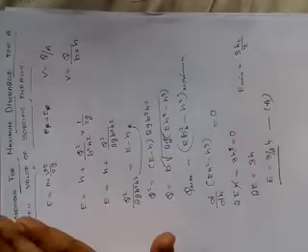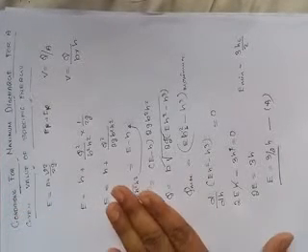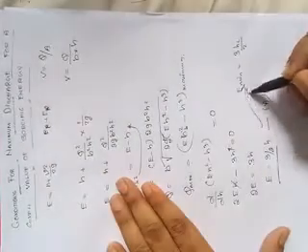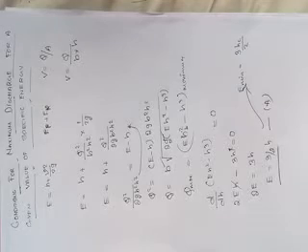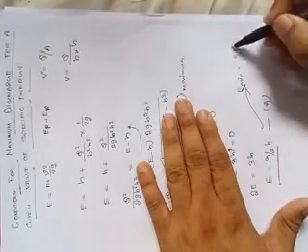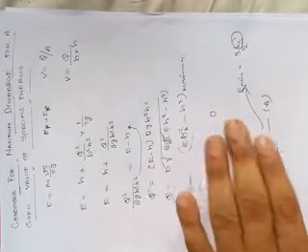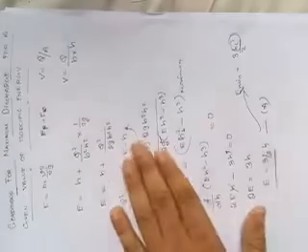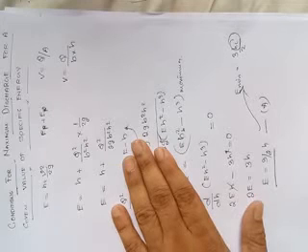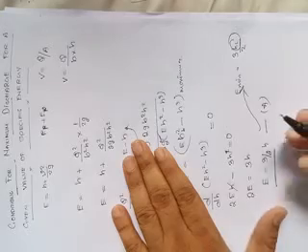So the condition for the maximum discharge for a given value of specific energy is that the depth of flow should be critical. From these two equations we come to know that the maximum discharge occurs at critical depth, at critical flow. So the condition for the maximum discharge for a given value of specific energy is at critical depth, at minimum specific energy. You got my point? Okay, next go for the numericals.